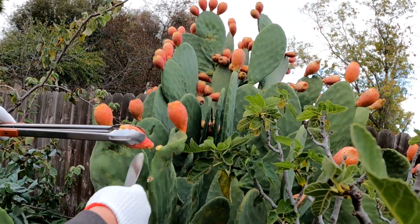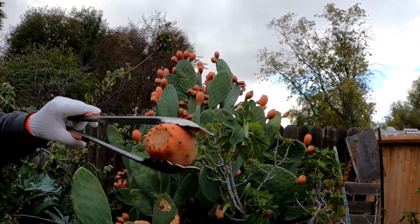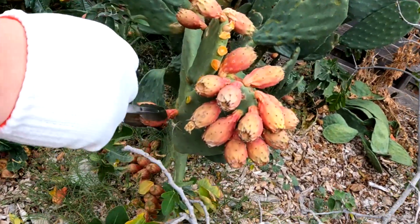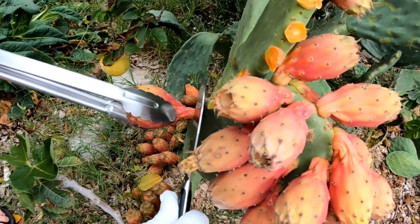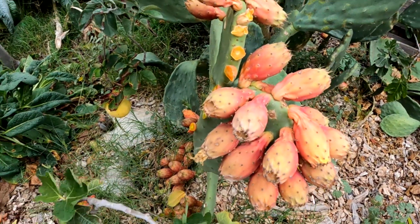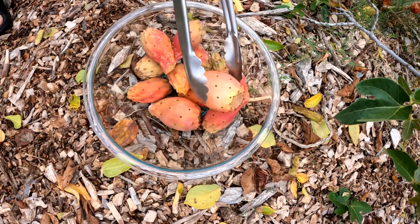So I'm back out at the prickly pear cactus harvesting some cactus pear. Now these fruits have been harvestable on this plant for over 3 months, so it holds on to that fruit and the skin goes from a yellow to a reddish tint, and the entire time the fruits are edible, they're delicious. I highly recommend that you look into growing your very own prickly pear. There are different varieties, but for the most part, just about everyone should be able to grow a prickly pear